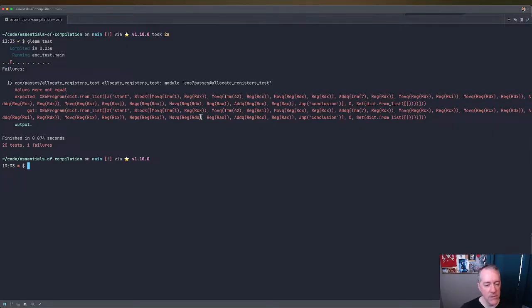So there's either something that changed in Gleam's standard library, or maybe we have a little non-determinism in our algorithm. So we should look at that. It's interesting that it's